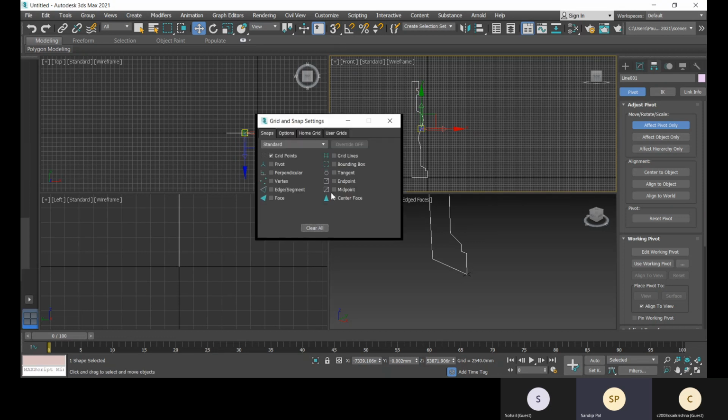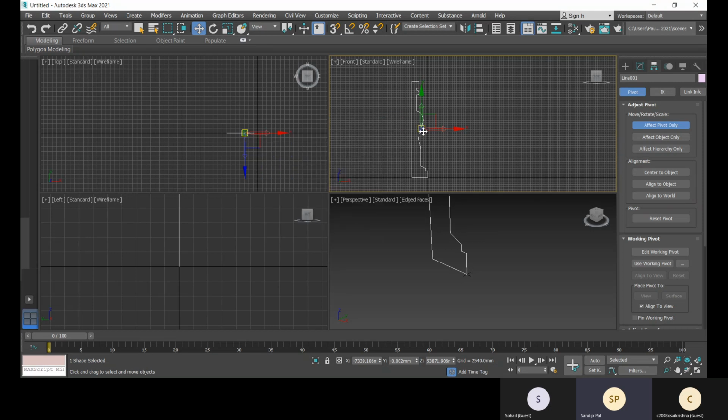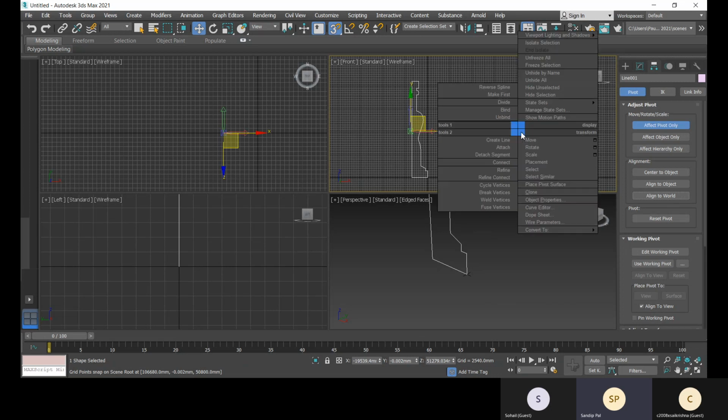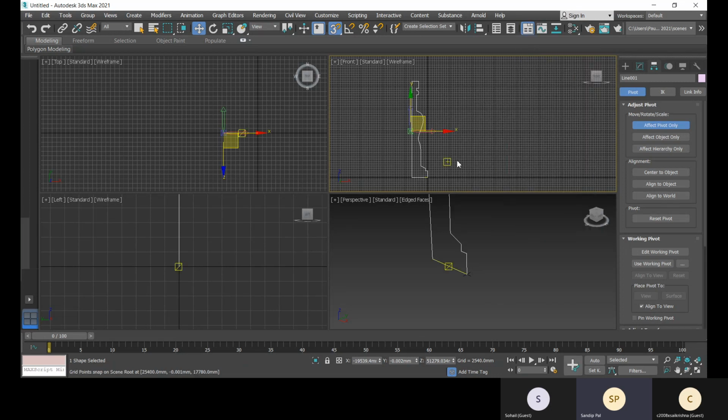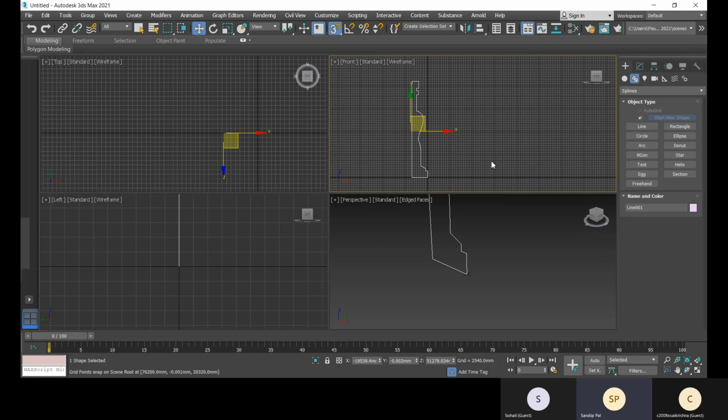So for that, I can check this midpoint on, and it will snap to the midpoint. After that, alignment should be aligned to world, according to the world coordinate system, and then it is done. Okay, you can right click and exit, or you can press escape.